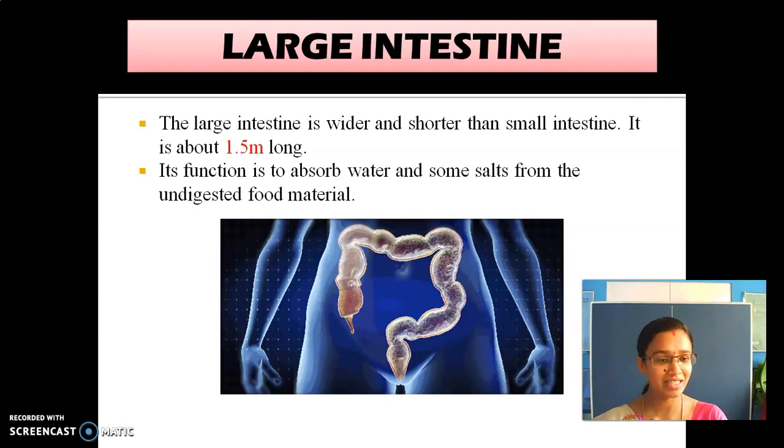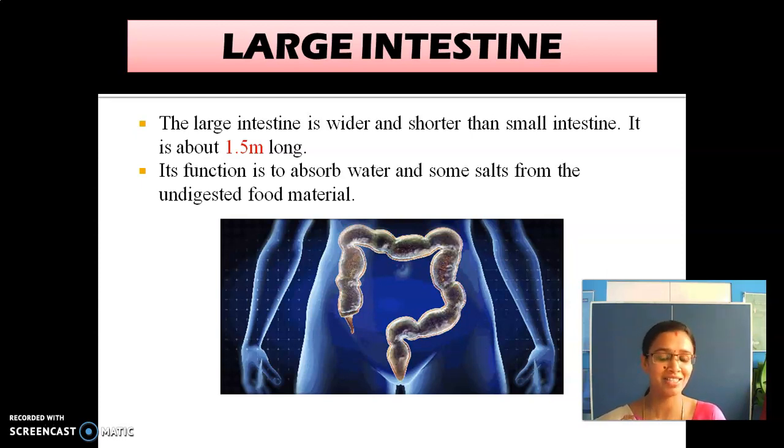Up to this, are you clear, children? Yes, it is a 5-step process. Just keep in mind always: ingestion, then digestion, absorption, assimilation, and then egestion. So in ingestion, what is involved? The mouth, that is teeth and tongue. What is the process that takes place there? Mastication. Okay. And then what happens here? The food is sent down through the esophagus. What is there? Food pipe and windpipe. After that, where does the food pass? It passes to the stomach.